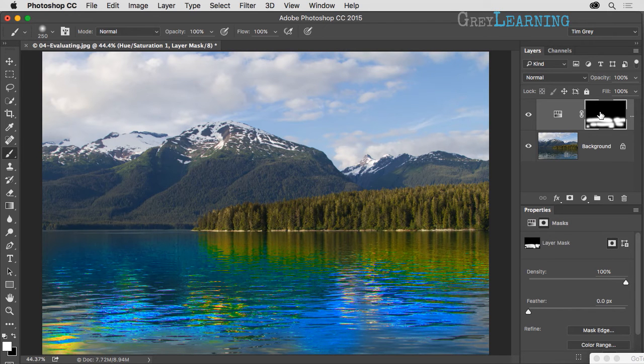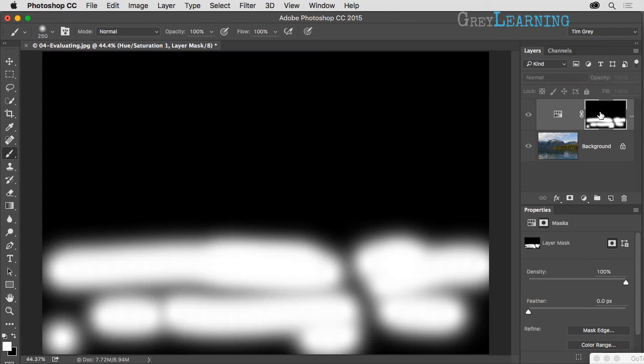In addition, I can look at the actual layer mask itself. If I hold the Alt key on Windows or the Option key on Macintosh and click on the layer mask thumbnail, now I get a full resolution view of that actual layer mask. Now I can see just how bad a layer mask it really is, but more importantly, I can work right here in fine-tuning that layer mask. Now, of course, with this view, I don't know where the edge of the shoreline is, where the water ends and the land begins, and so I can't very well paint along that top line,